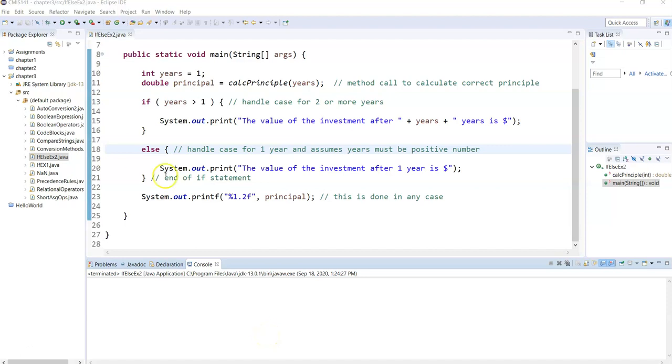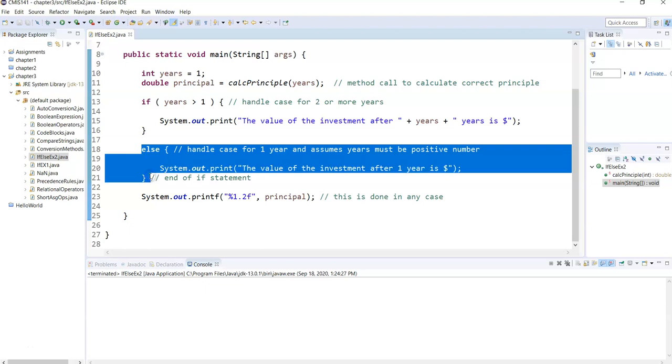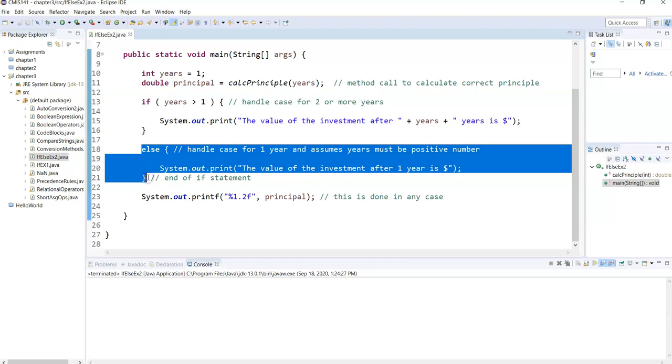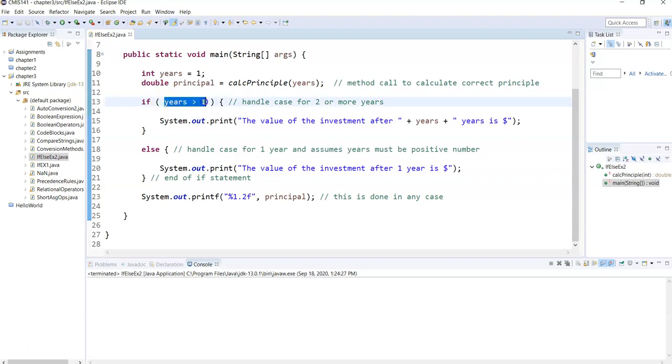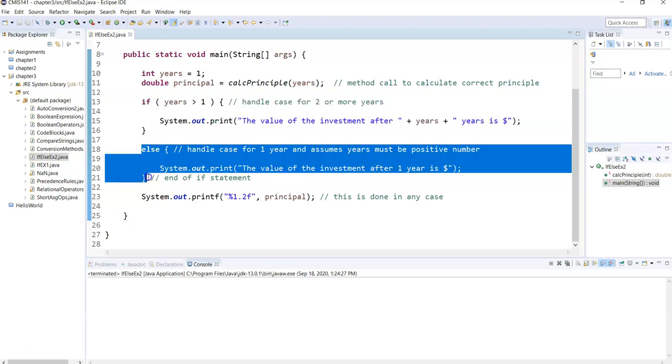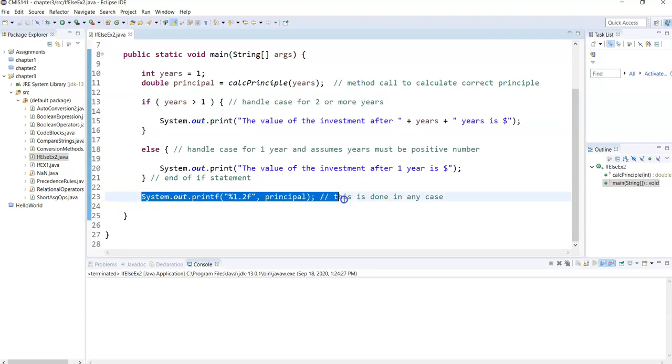An if statement can also have an else statement that allows us to have one action, one piece of code that will execute for the true case, and another action, another piece of code that will execute for the opposite. So when the if condition, the Boolean expression here, evaluates to true, this block of code, the if statement, will get executed. Otherwise, if it's false, this statement will execute. And then whatever's outside of the if-else blocks of code will execute for both of them.